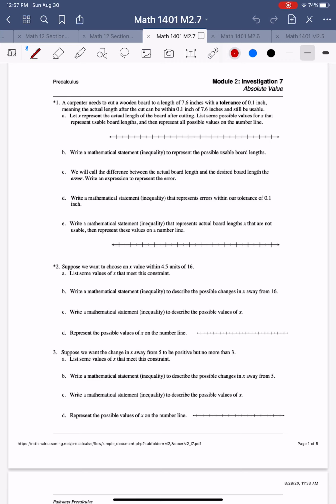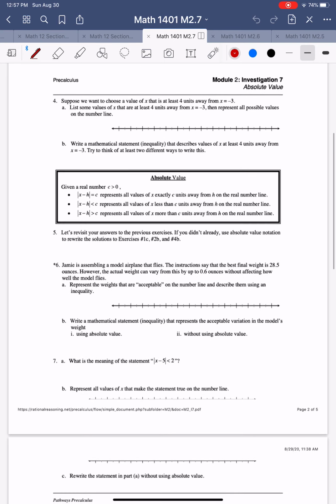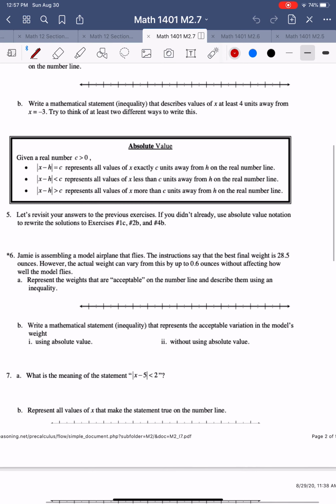Module 2 Investigation 7, which is the last investigation for Module 2. We're going to talk about the absolute value. So, we need to see what the absolute value is. Given a number c greater than 0, the meaning of the absolute value |x - h| = c represents all the values of x exactly c units away from the